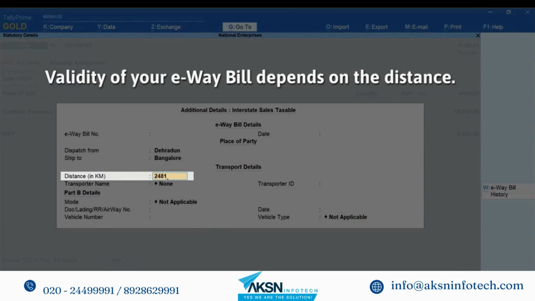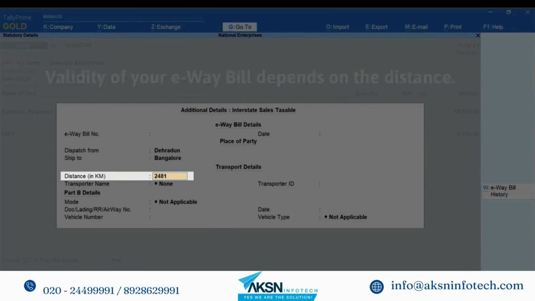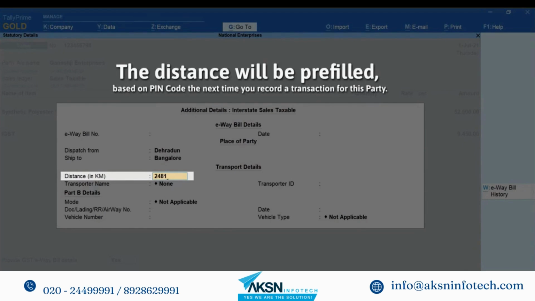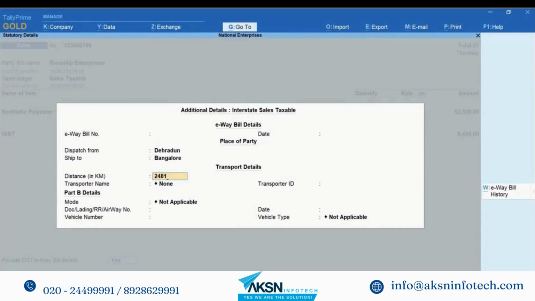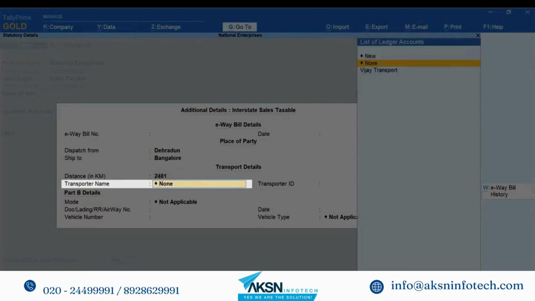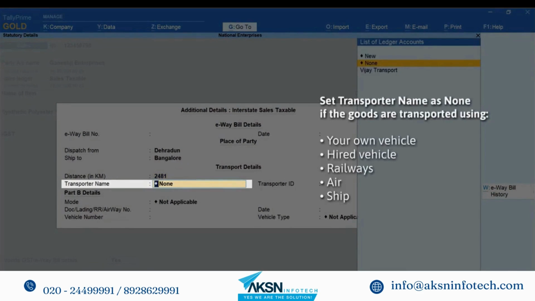एंटर किए हुए डिस्टेंस पर निर्धारित होती है। अगली बार जब भी आप इस पार्टी के लिए ट्रांजैक्शन रिकॉर्ड करेंगे तो पार्टी लेजर के प्रदान किए हुए एड्रेस और पिन कोड के अनुसार डिस्टेंस का फील्ड पहले से भरा हुआ होगा। ट्रांसपोर्टर नेम चुनें। आप इसे नन सेट कर सकते हैं यदि आप अपना या भाड़े पर लिया हुआ व्हीकल या फिर रेलवेज, एयर या शिप से कंसाइनमेंट भेज रहे हैं।